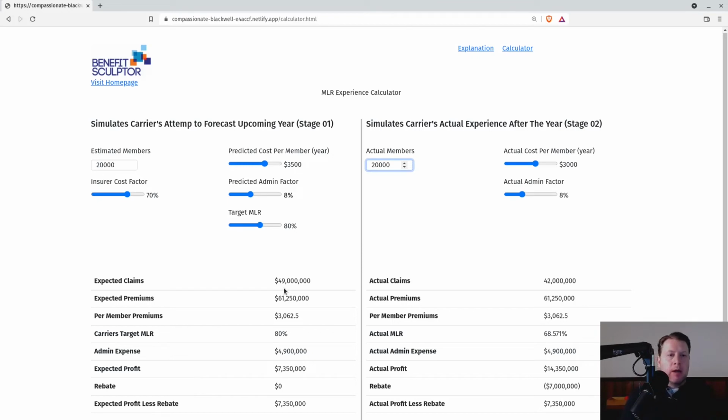And so you can see that the real advantage to an insurance carrier right here is to nail the forecast correctly. One of the things that comes up a lot when we talk about MLR, I hear a lot of brokers say this, is that an insurance company might go to their medical providers, their doctors and hospitals, and try to negotiate for higher expenses. And the reason they want to do that is because they can increase their profits if the medical providers charge more. And so there's this idea that